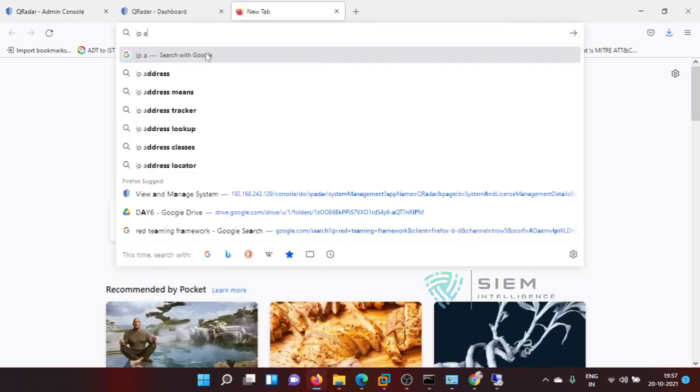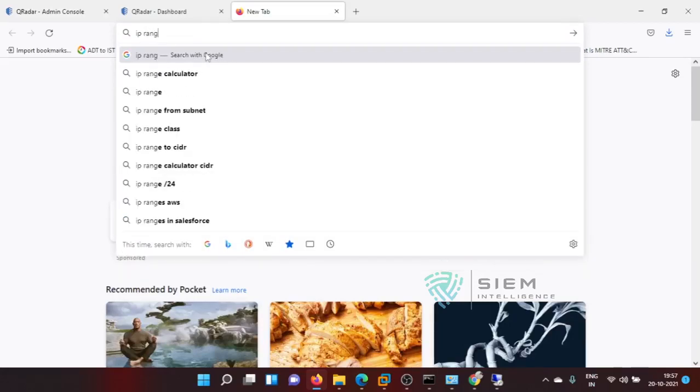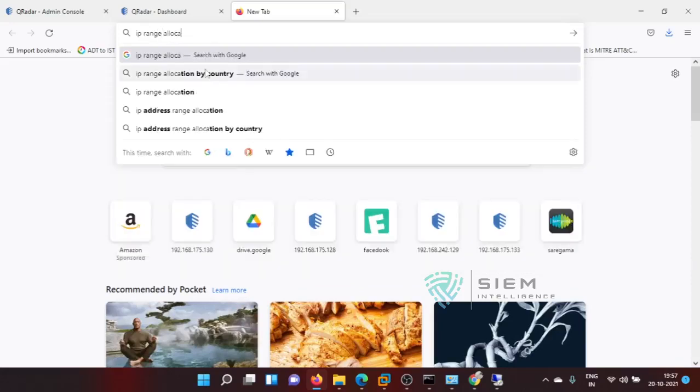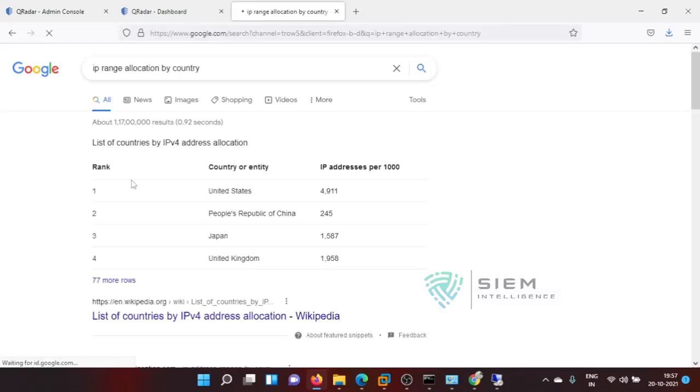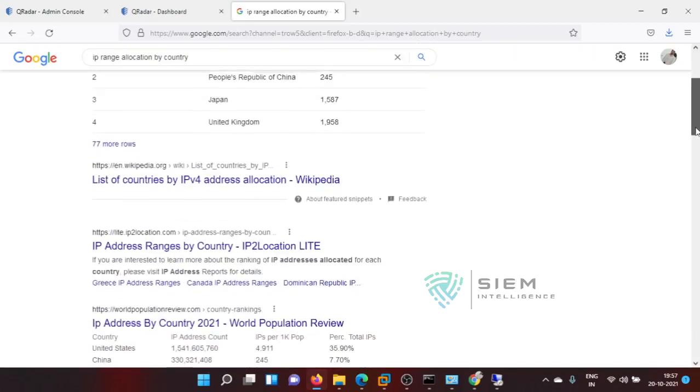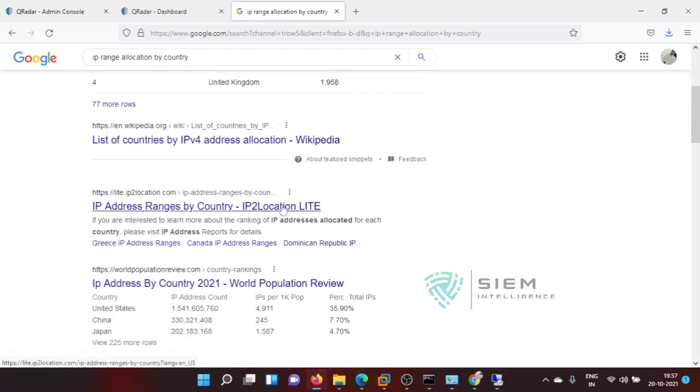IP range allocation by country. See, IANA has a list of IP addresses. See, these are the IP ranges and all. If you see, the IANA one is there, so it is responsible for all those things.